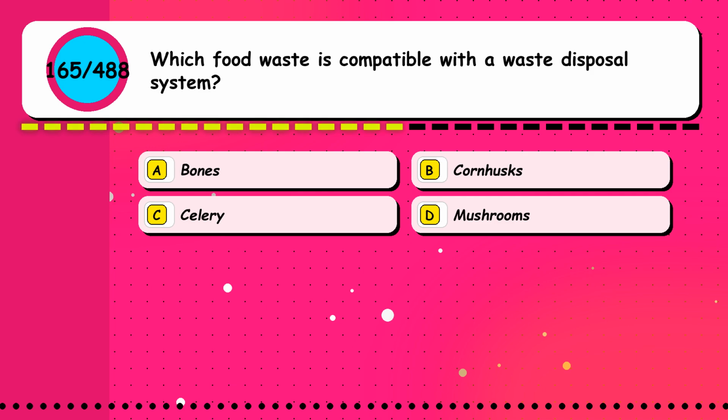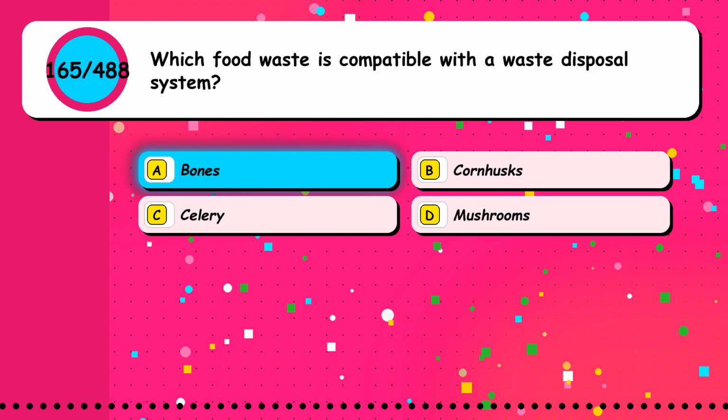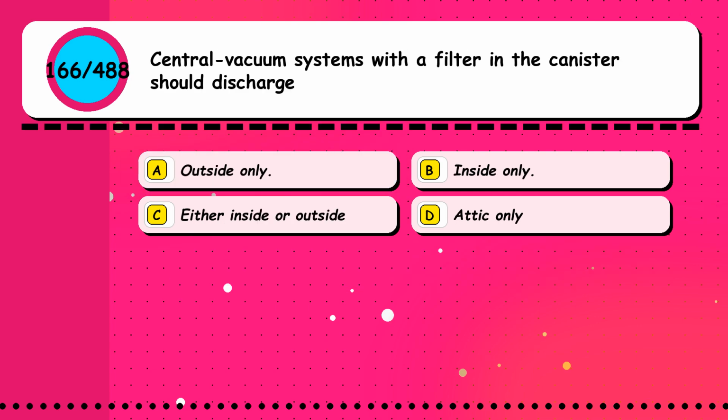Option A, bones. Option B, corn husks. Option C, celery. Option D, mushrooms. The correct answer is option A, bones. Question 166. Central vacuum systems with a filter in the canister should discharge: